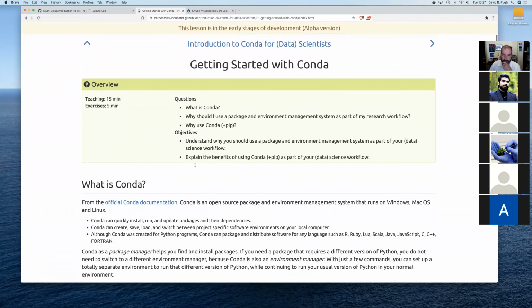Okay. So in this episode, there are three key questions that we want to answer. The first is just, what is Conda? The second is, why should you use a package environment management system as part of your research workflow? And so for that question, I'm really going to try to hammer home the benefits of using tools like Conda